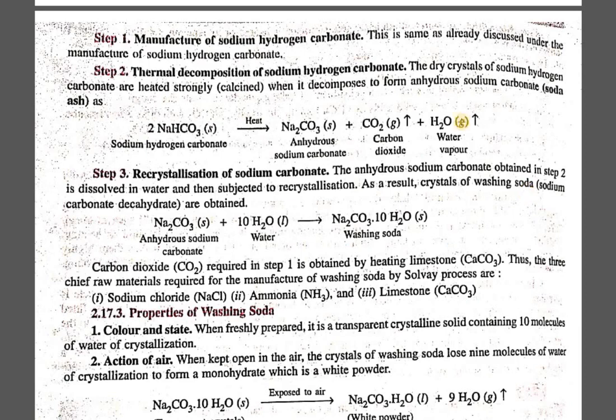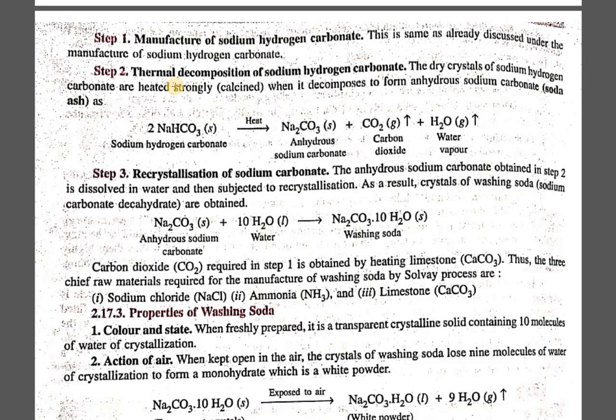So this is the same as I already discussed on the manufacture of sodium hydrogen carbonate. Here we are going to do the thermal decomposition of sodium hydrogen carbonate. Before that, to get sodium carbonate, we first need to produce sodium hydrogen carbonate with a similar process to the one discussed in the previous slide, where sodium chloride reacts with water, carbon dioxide and ammonia, leading to formation of ammonium